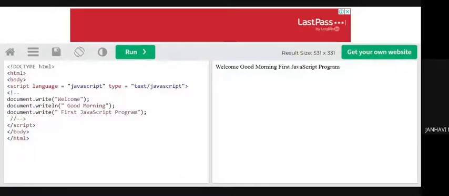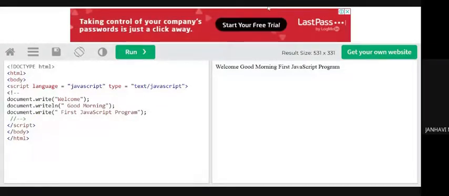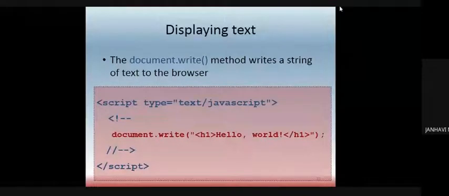So this is getting displayed onto the screen. So what does document.write do? It helps us to display these things onto the screen, with which the working happens.